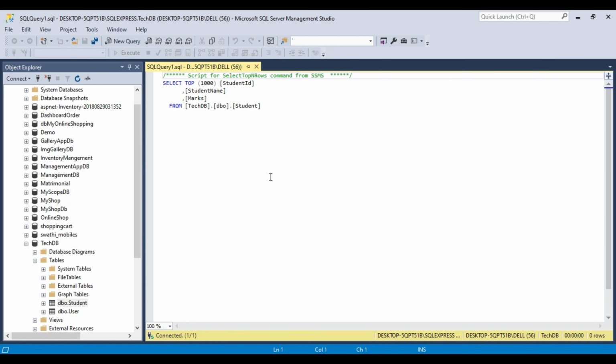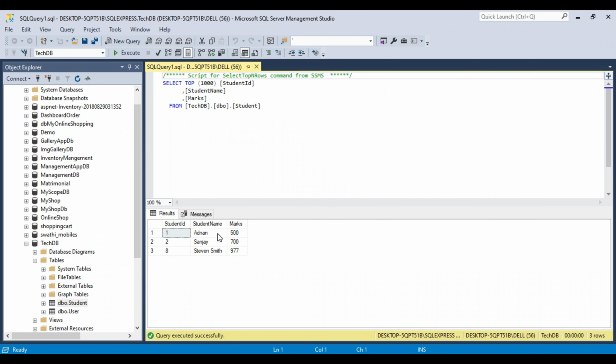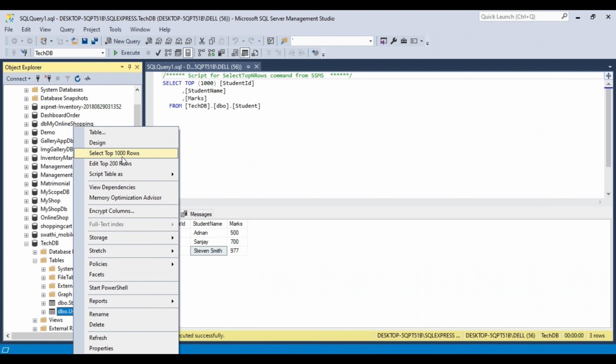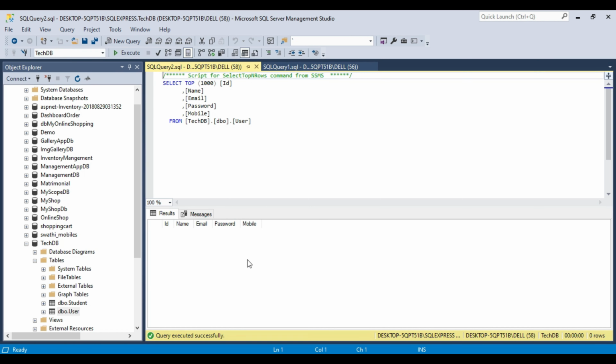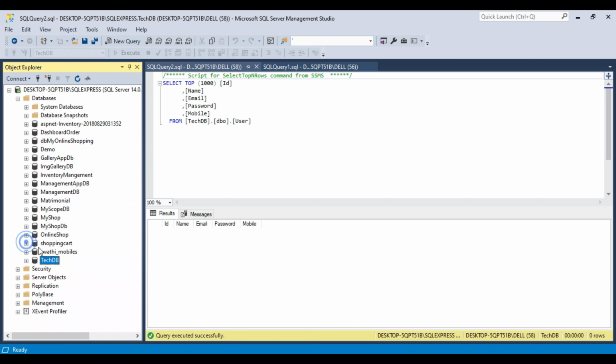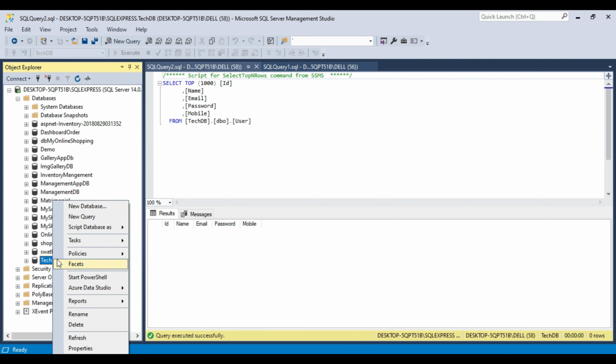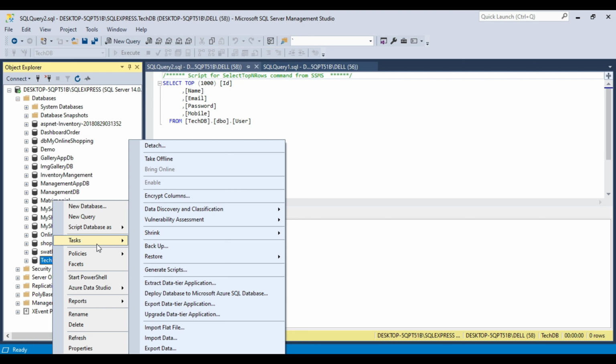In student table we are having three fields, and in user table we don't have anything. This is an empty table. So what we will do, simply right click on TechDB and Tasks, Generate Scripts. If we are generating a script, then it will ask you